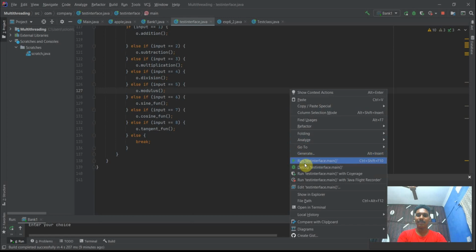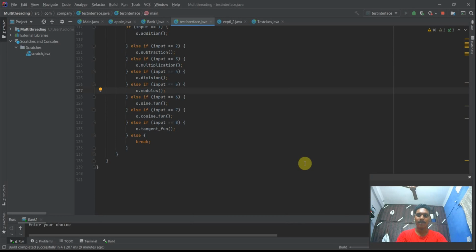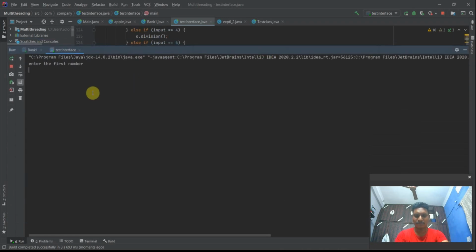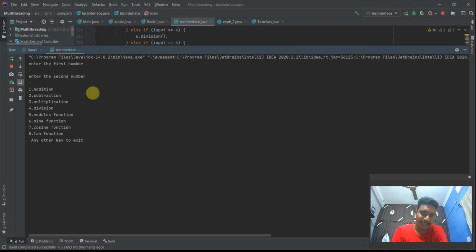So let's run our code and check how it's going to work. Hopefully you can see, enter the first number. So the first number I'll take as 5, okay, and the second number as 6. Yeah, as I said, all this will be printed. You can take the same lines for the printing statements, you can take n number of lines, as I showed. So I'm going to go first with addition.